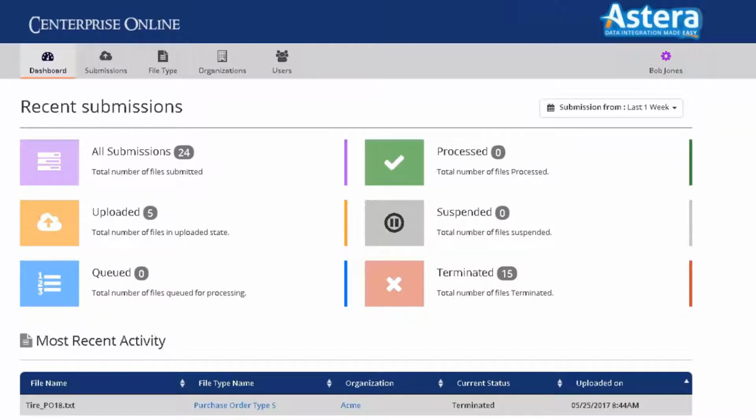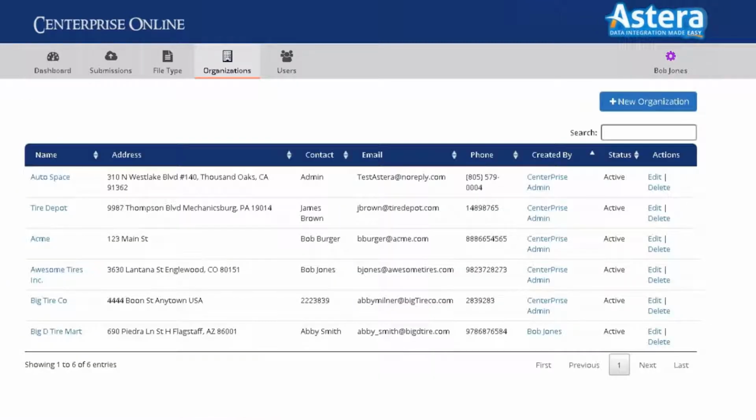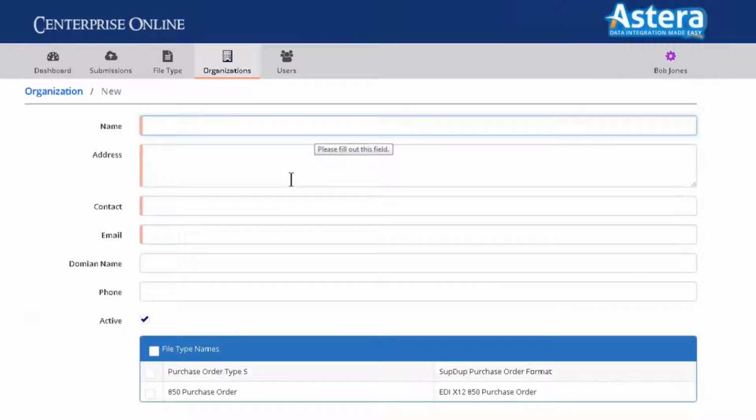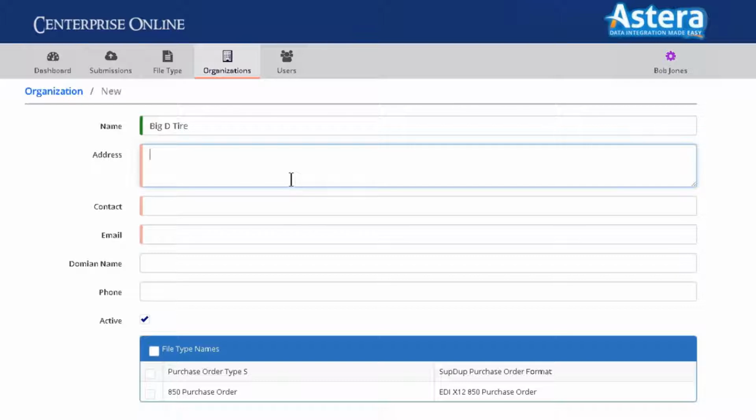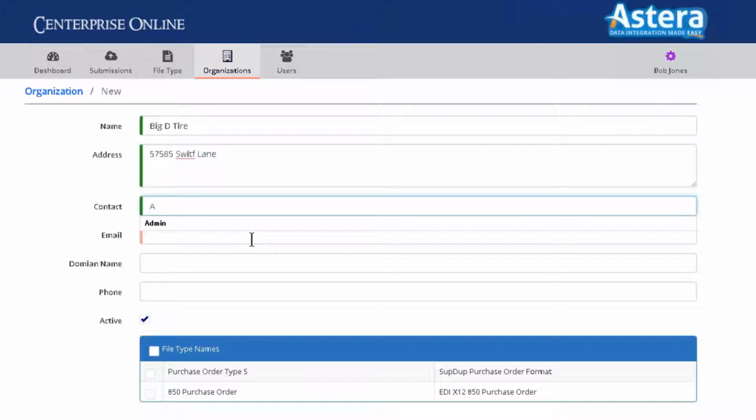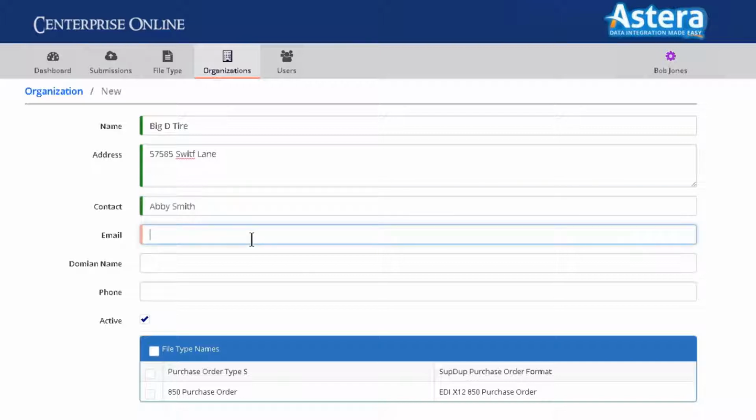Now I need to add Big D. We just signed a deal with Big D Tires, so we need to go ahead and add that organization. Here you can see a list of all the previous organizations. I'm going to click on Add New Organization, add in Big D Tire, add in my address, Swift Lane, and maybe some other information. So the contact is going to be Abby